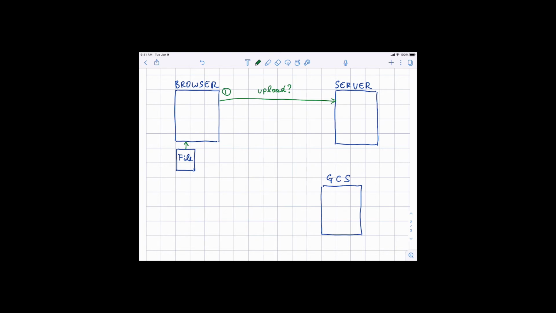And the server replies, well, this is the same HTTP call, but let me mark it in the other direction. The server replies with an upload URL. This upload URL contains a file name and an authorization in order to do the upload directly to Google Cloud Storage. So in fact, the second request that happens is that the browser uses this upload URL to talk to Google Cloud Storage and store the file.